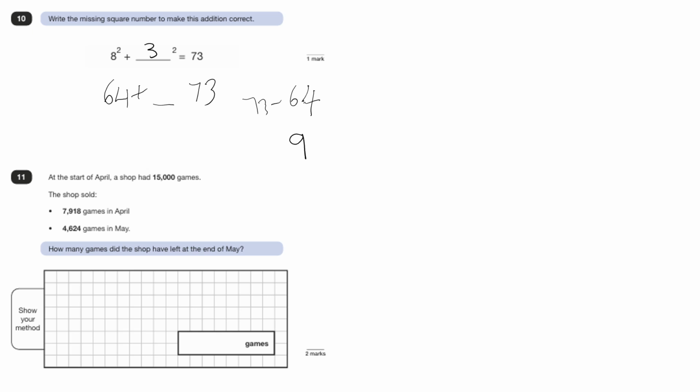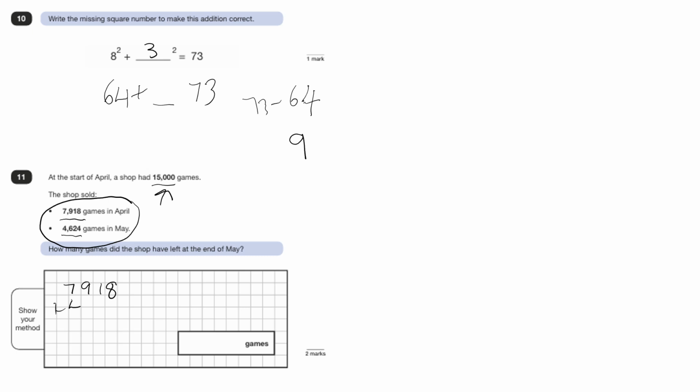At the start of April, a shop had 15,000 games. The shop sold that many games in April and that many games in May. How many games did the shop have left at the end of May? So we need to add these two up and we need to subtract it from that amount. So what you need to do is